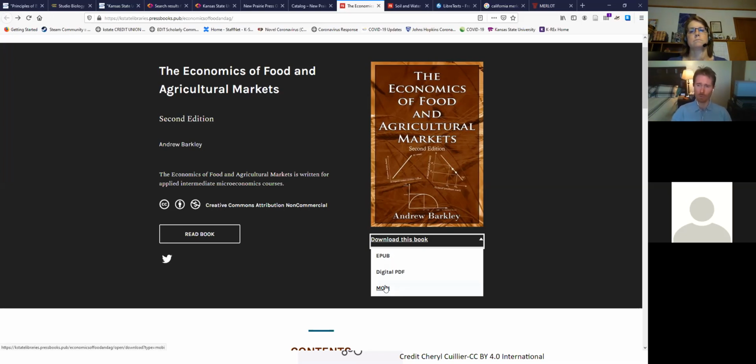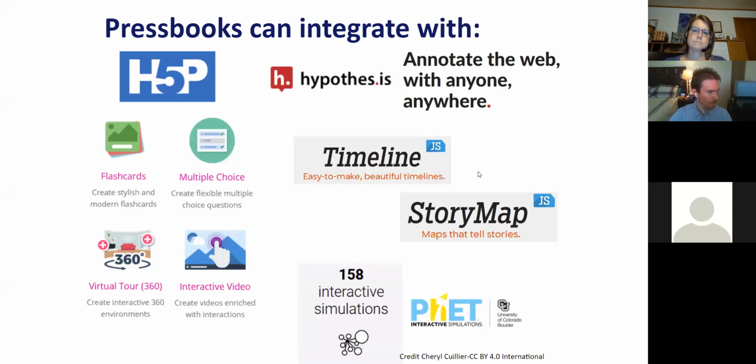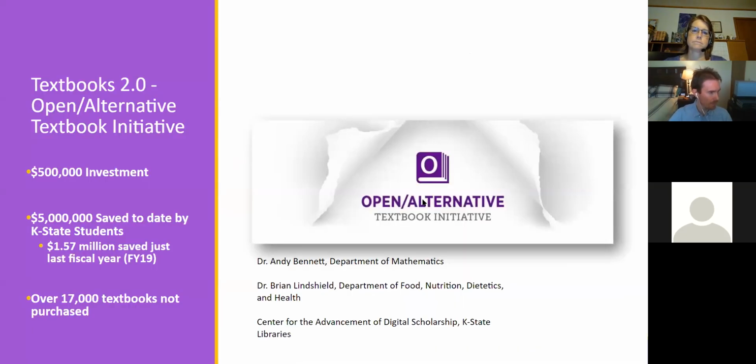So for any students who are struggling, if they don't have good internet, they don't always have to be on the internet to access their book, which is incredibly important. All right, and so that's all I have for Textbook 2.0 and the Open Alternative